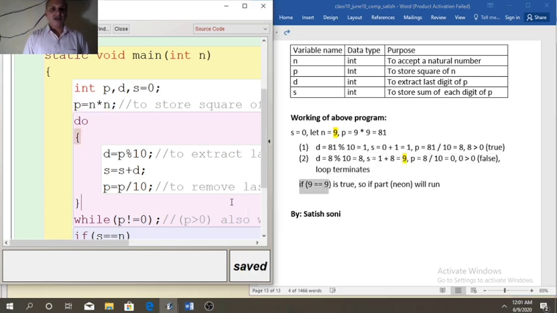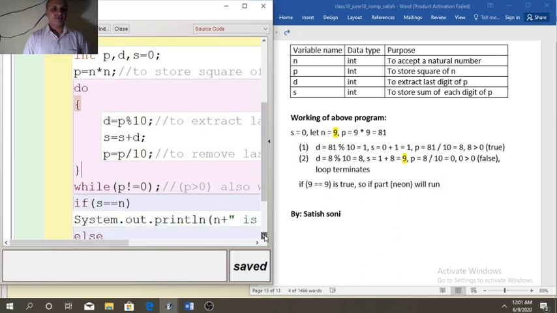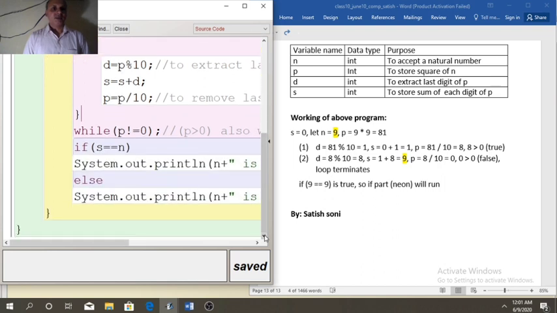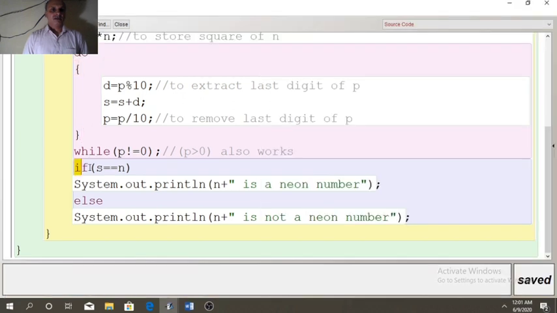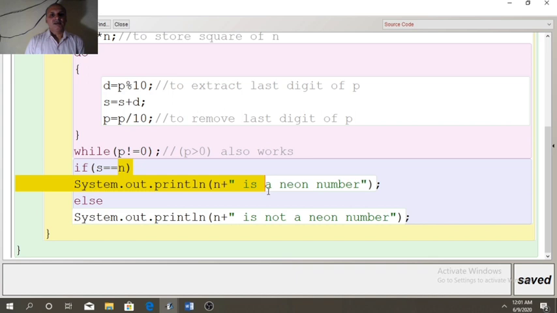So here the logic is: if s is matching with n, in this case s is 9, n is also 9, so matching. So we will get the message, n is a neon number, meaning 9 is a neon number. If not matching, then it will display that it is not a neon number.